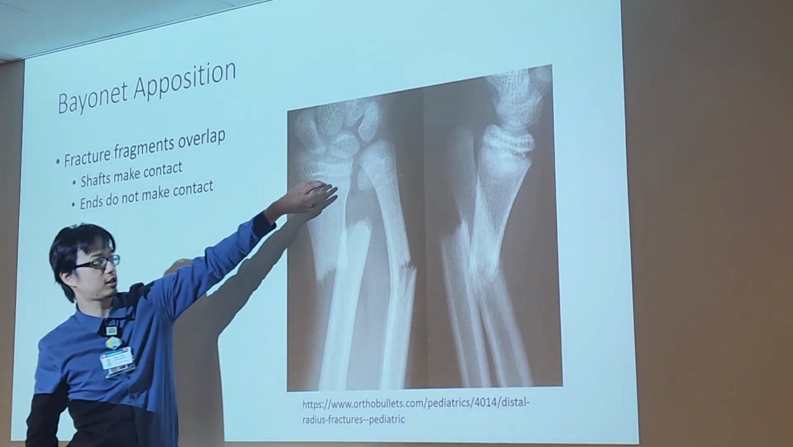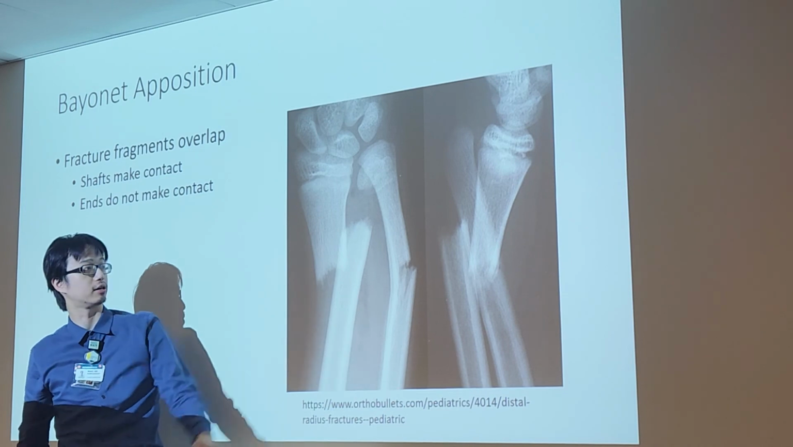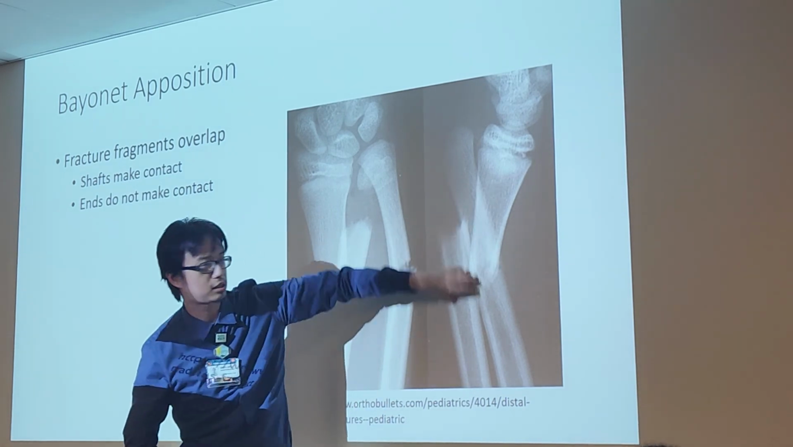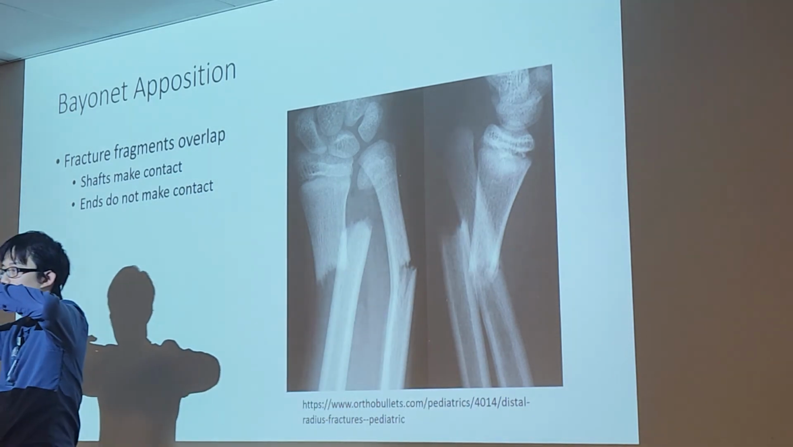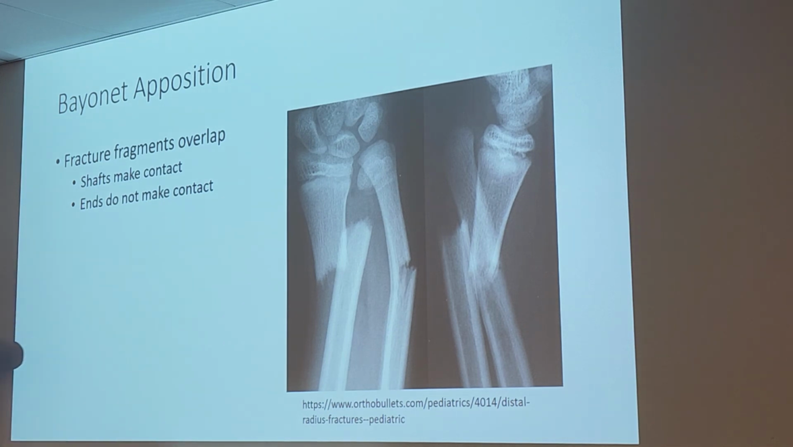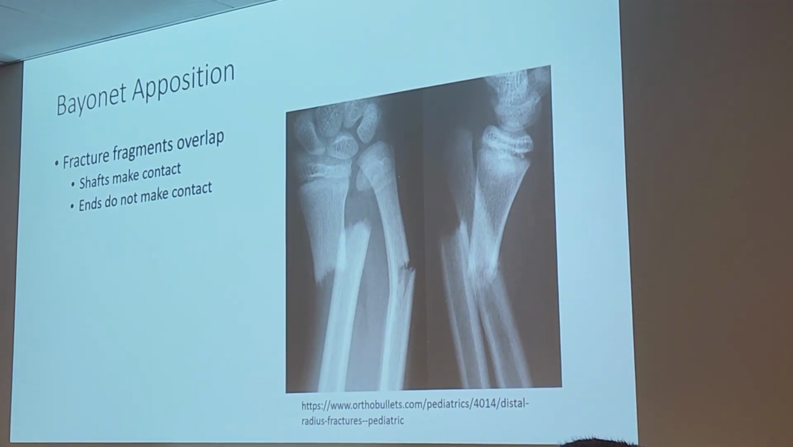Same thing here. Do you see how these two shafts are next to each other? They're not lined up anymore. They're on top of or side by side to each other. That is bayonet apposition. So not only did they fully separate like this, but then they slid in next to each other. Why does this happen? It's because the muscles have tension, they pull the bones. Normally the bone is intact, so it resists the muscle. But once they slide like this, the muscle